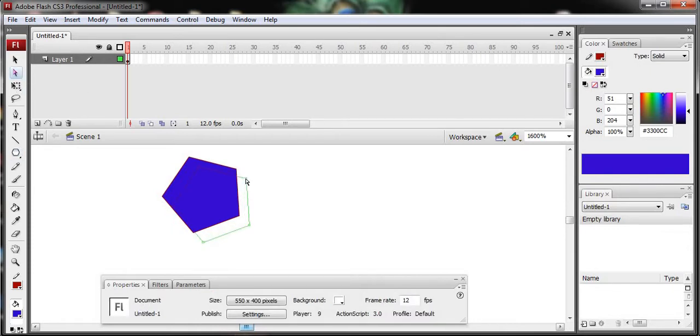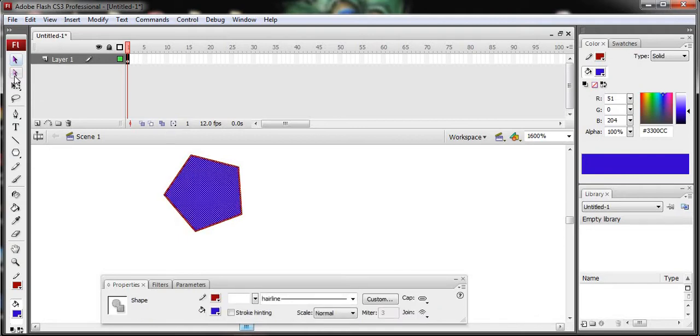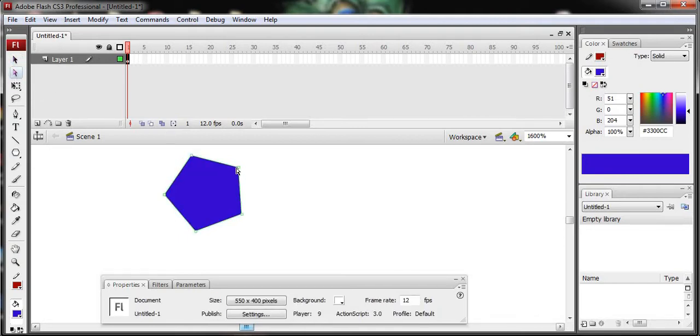Now using this sub selection tool I can, after the selection tool, click on this sub selection tool and move this particular, wait a minute, why is it not working.